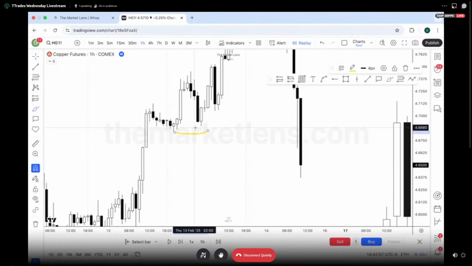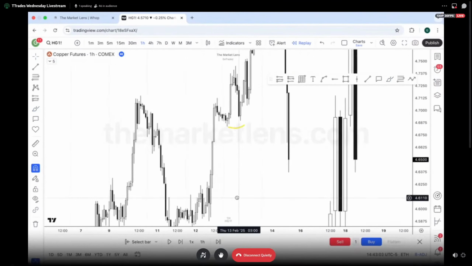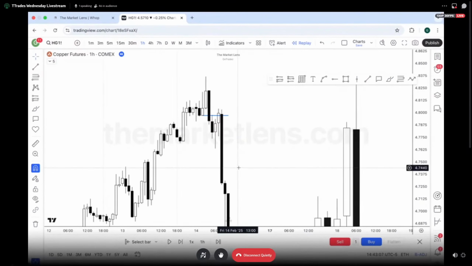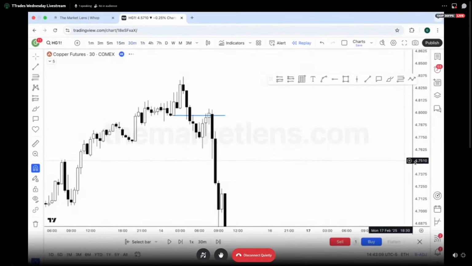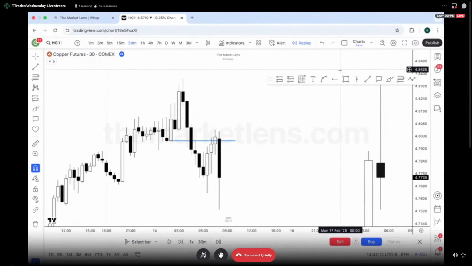That's what I like to see. All these failure swings, and then beyond that too, like these failure swings. It's really these zones in close proximity, right? Which is the previous day's low. If I look here on the 30-minute chart, then I'm getting even more confirmation that we're continuing away from this